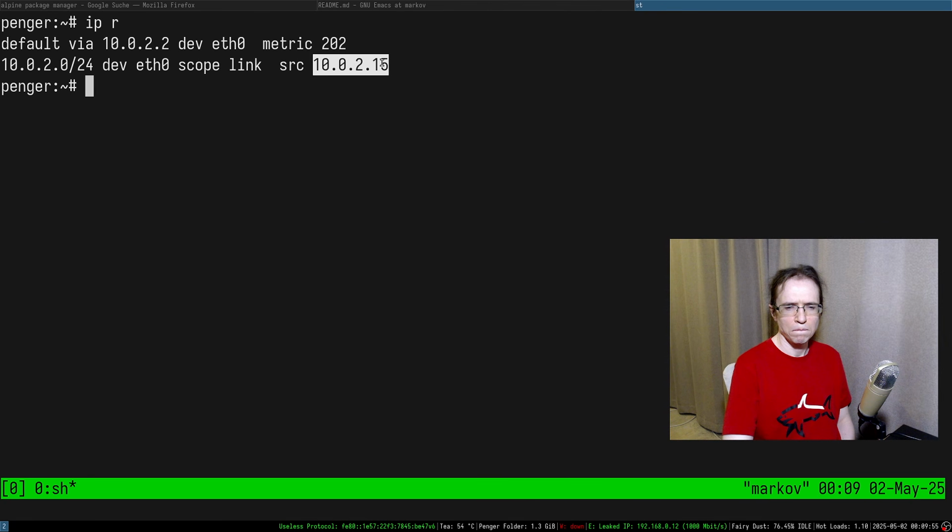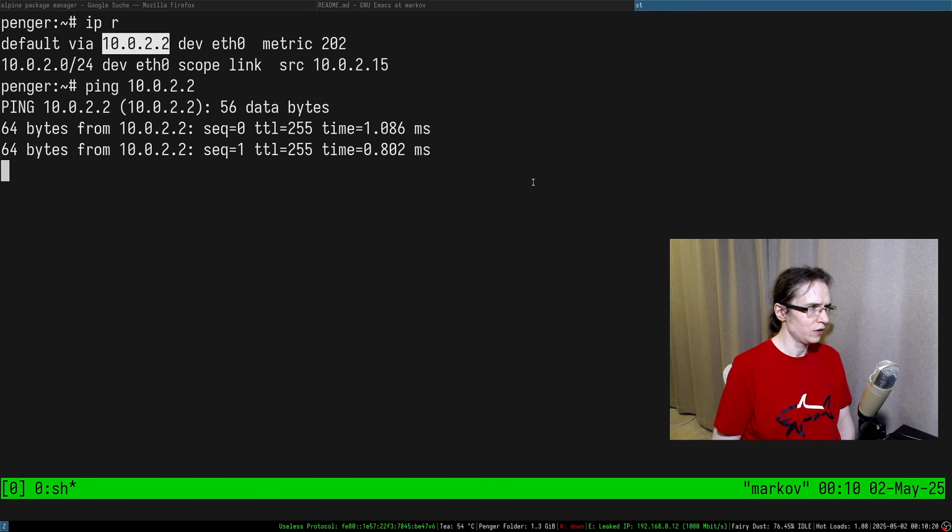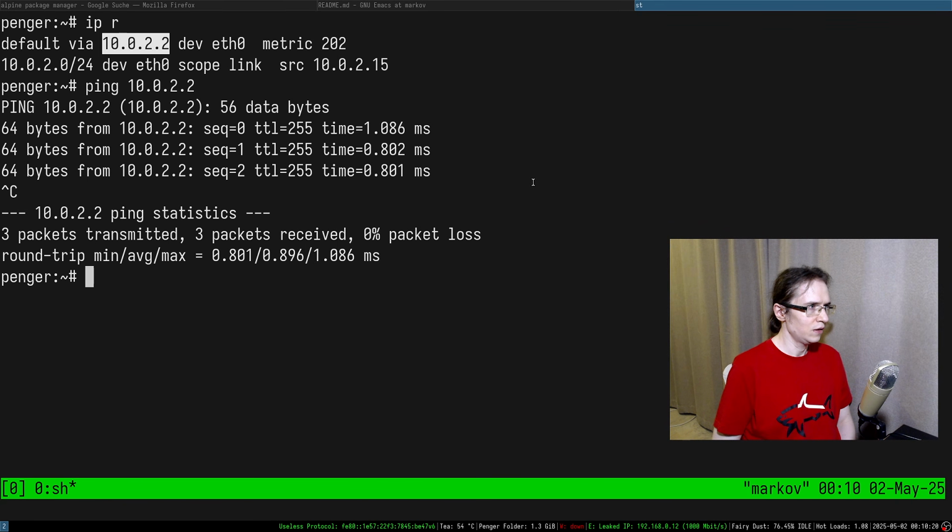Right? I think this is the gateway. Ping won't work with user space networking, but other protocols should. Ah, I see. So yeah, this is the gateway, and I'm curious, do I have NC?